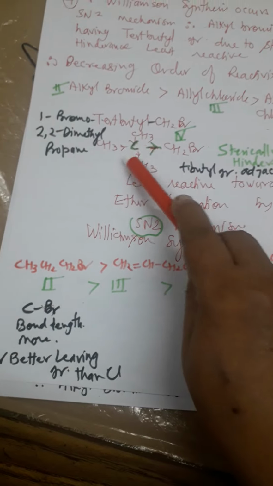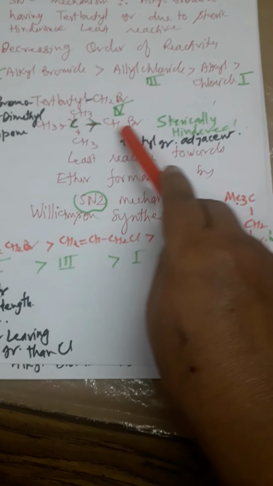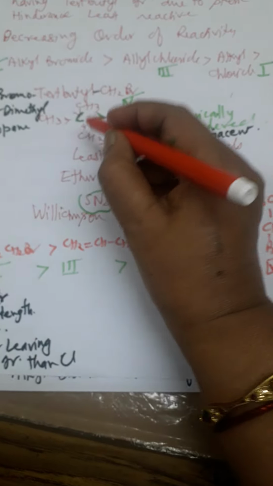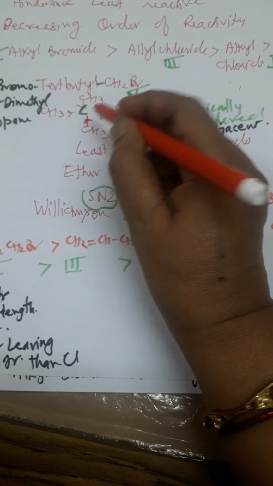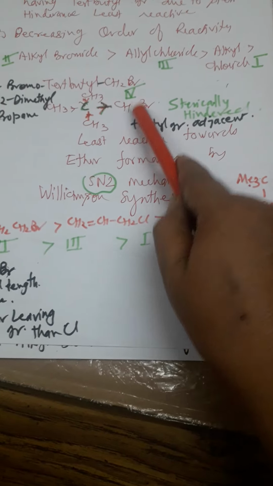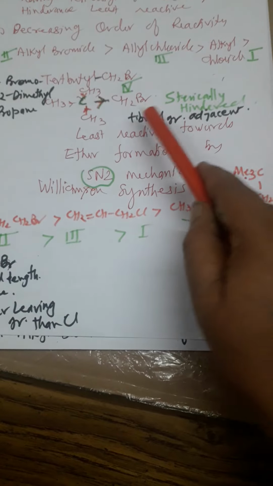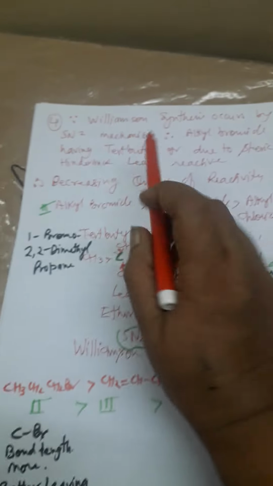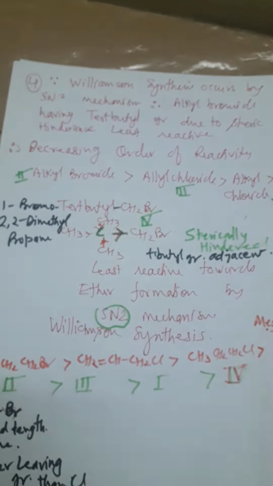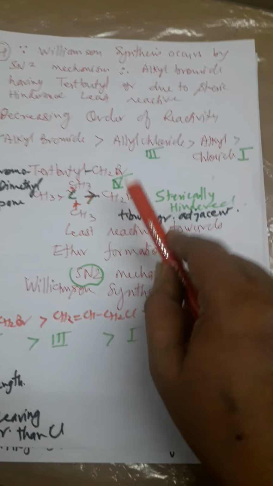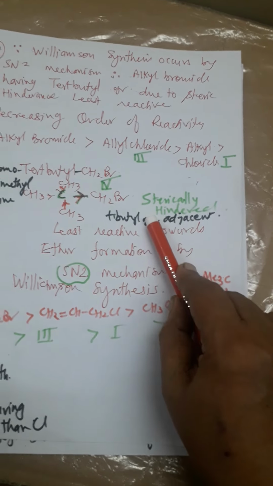Now we will discuss the fourth one. This one has a tert-butyl grouping with CH2. All of these donate electrons to this, they donate electrons to this, and this is also donating electrons to this. So that is why it is less electrophilic as compared to other halides. The second point is that it is sterically hindered, and as we have discussed, it goes by the SN2 mechanism, and it will not prefer steric hindrance. That is why the tert-butyl containing alkyl halide is least reactive.